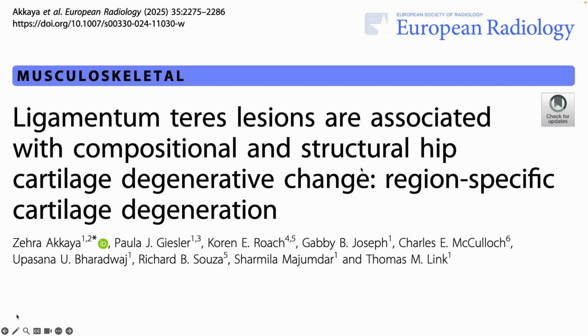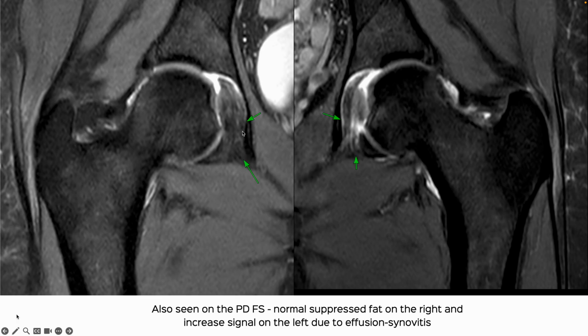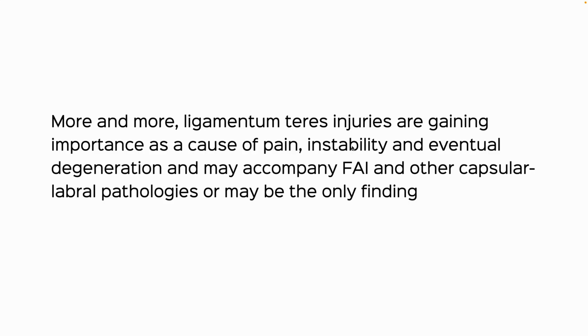That's the paper which describes this in detail, and you can see that even on the PD fat sat where the pulvinar fat is suppressed here, but there's no suppressed fat here. All you're seeing is abnormal increased signal, which is the effusion synovitis along with the ligamentum teres injury. Now, more and more, we're seeing ligamentum teres injuries. We're able to identify these as a cause of pain, instability, and eventually they may cause accelerated hip degeneration and OA. And it may be the only finding, as in our patient here, or it may be part of other